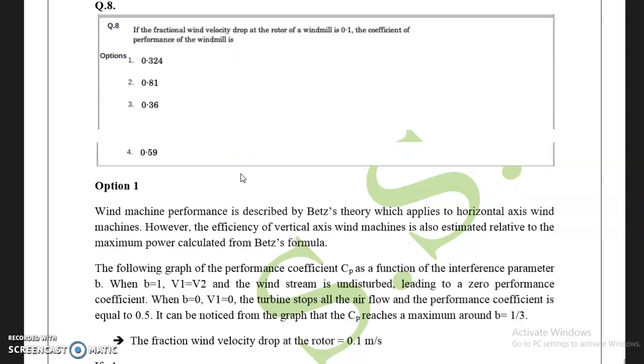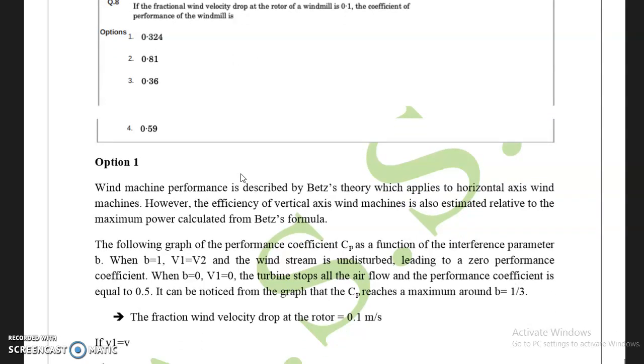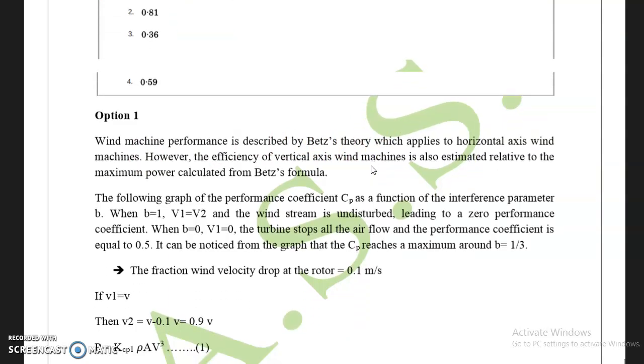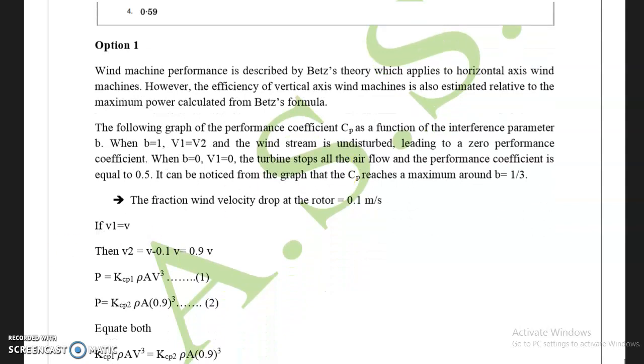So as we know, when we calculate performance or power of windmill, we use Betz theory or Betz equation or formula, which is P equal to KCP rho AV cubed, where P is power of windmill, KCP is Betz limit or coefficient of performance, and this is usually taken as 16 by 27, which is equal to 0.593 in usual cases, because